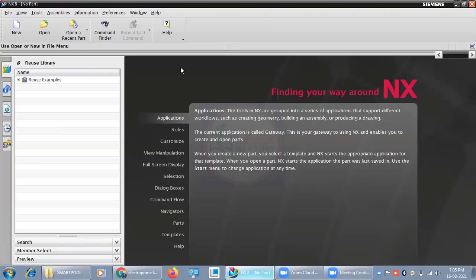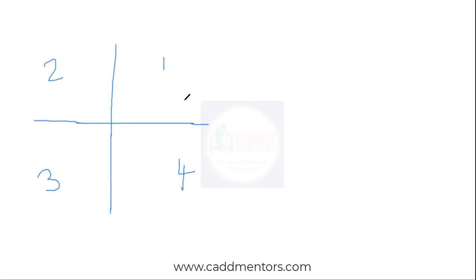So, you all might be aware of this one, right? Angle of projection. I'll just explain. I'll just share my whiteboard. Okay, so basically, this is how it is divided. This is your first quadrant, second quadrant, third quadrant, and the fourth quadrant. We use only first and third. I'll explain why we use first and third, and we won't be using second and fourth.